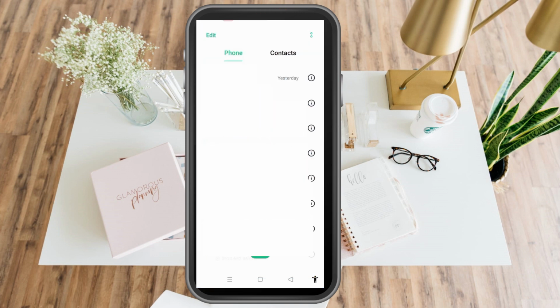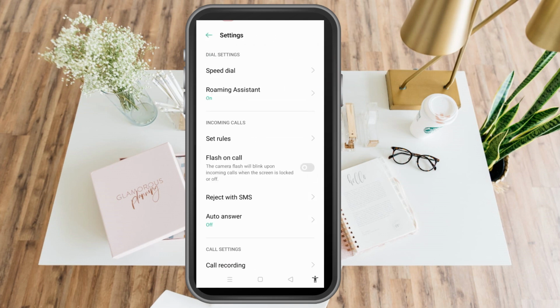Okay, tap this one. And then as you can see, there are two dots at the top right corner. Click this one. And once you click this, you will have options. We have block filter. Click the second one, which is settings. Click settings. In short, now scroll down and there are some options here, but you have to go to incoming